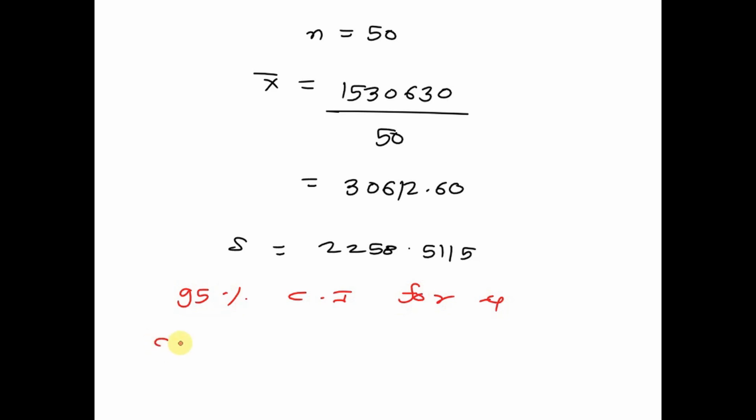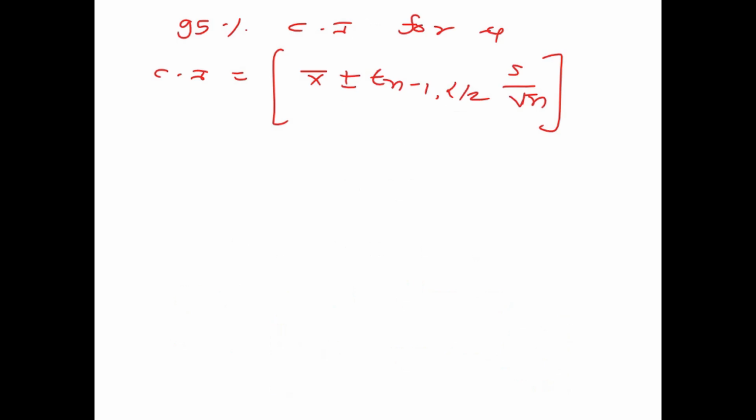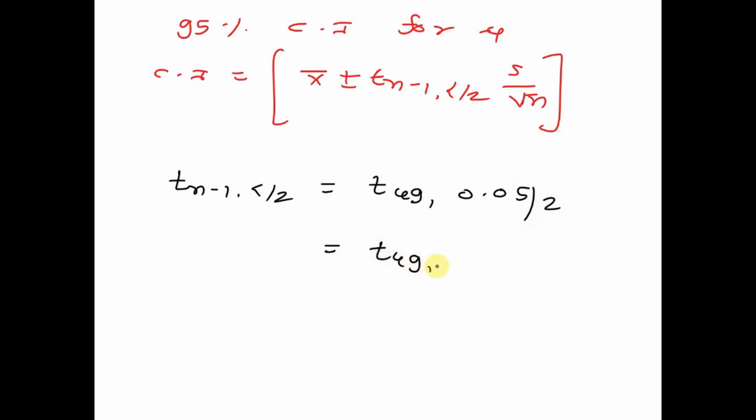So the formula becomes: confidence interval CI equals x bar plus or minus t with n minus 1 comma alpha by 2, into s upon square root of n, where the value of t with n minus 1 comma alpha by 2 equals t with 49, 0.05 divided by 2, equals t with 49, 0.025, equals, by using